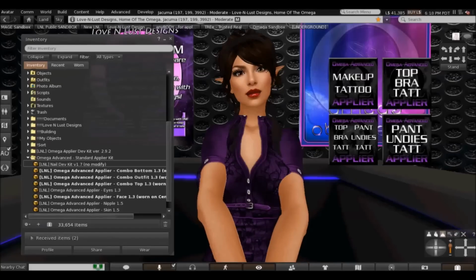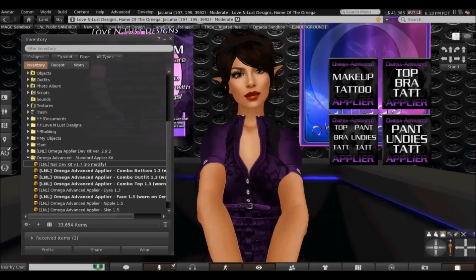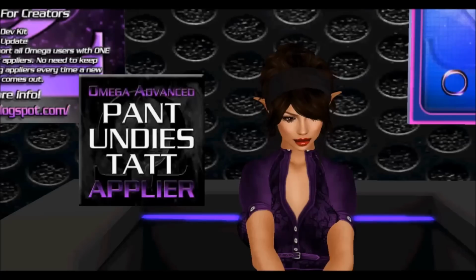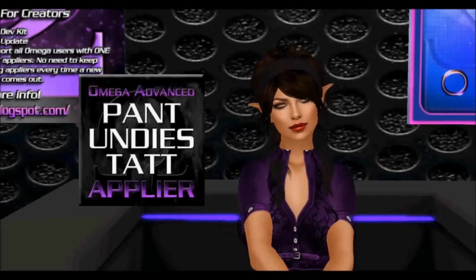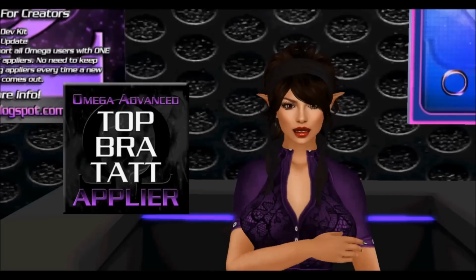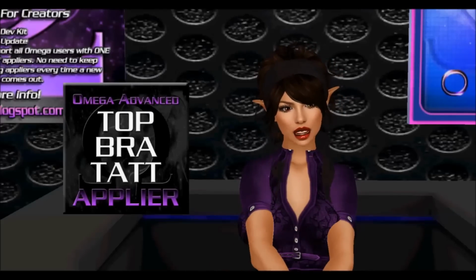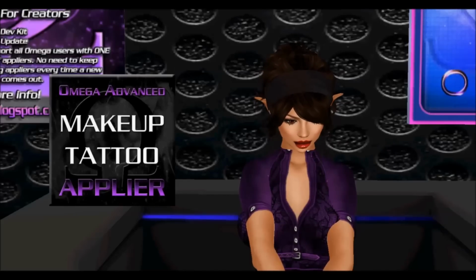Since we're creating standard clothing appliers, we're going to focus on the combo bottom, combo outfit, combo top, and face applier. For clothing, tattoo, and other items other than skin designed for the lower body and feet, you're going to use the combo bottom appliers. For items designed for the upper body, you're going to use the combo top applier. For items that go on the face and head like makeup, tattoos, hair bases, etc., you're going to use the